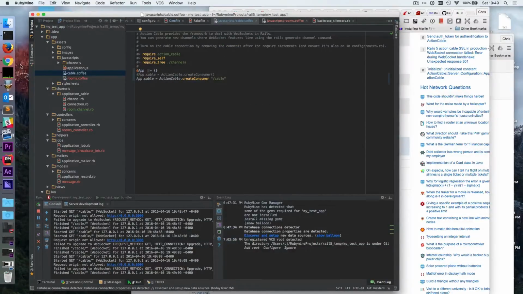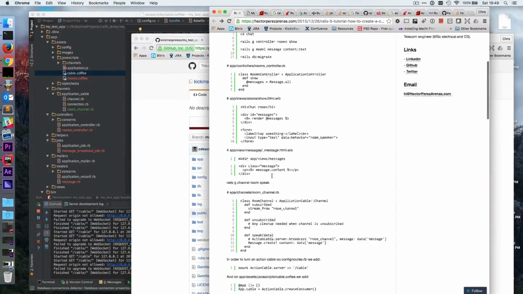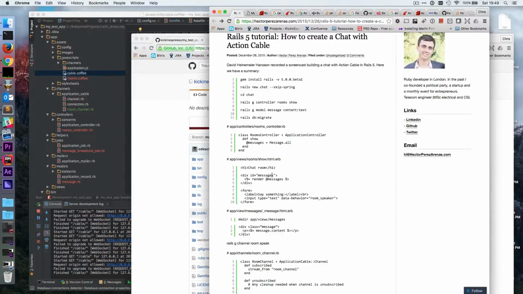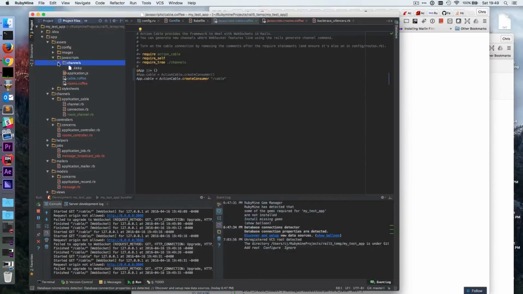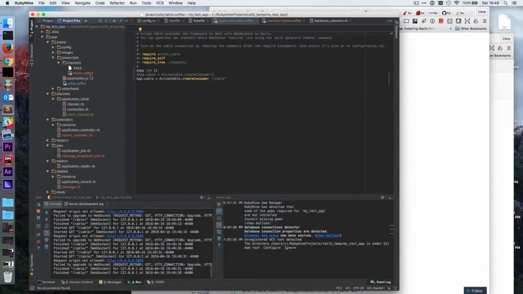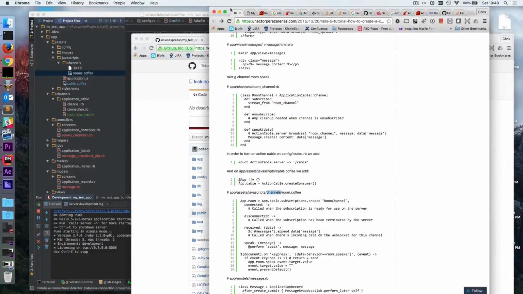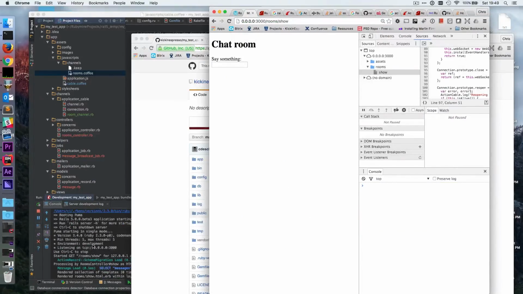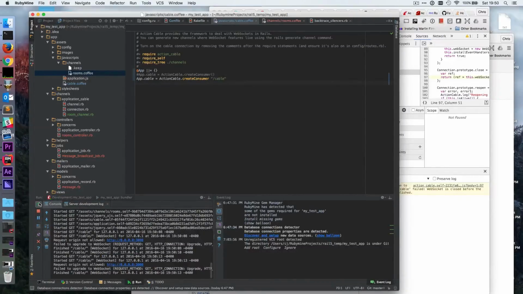Require tree channels. Did I put this one in the wrong spot, possibly? Is that what it is? Rooms coffee. Where's rooms coffee? Cable.coffee. Oh, that's in channels.coffee. Maybe that's what it is. Yeah, that looks a lot better. Channels, because there's a, damn it, that was the problem. Oh, looks like it might have been the problem. No, totally not the problem. Yeah, definitely not the problem. It could have been the problem. But